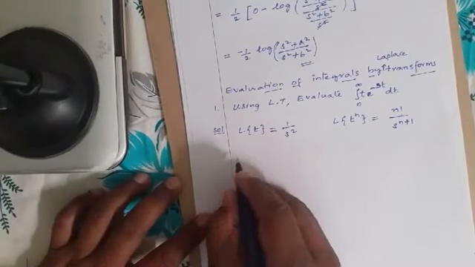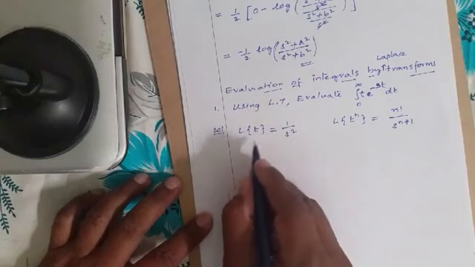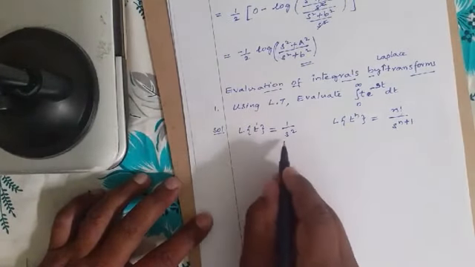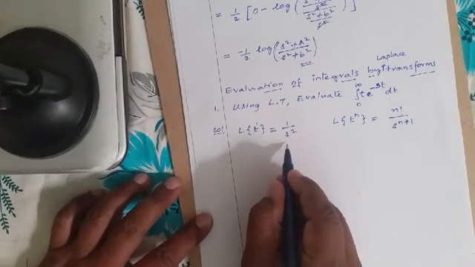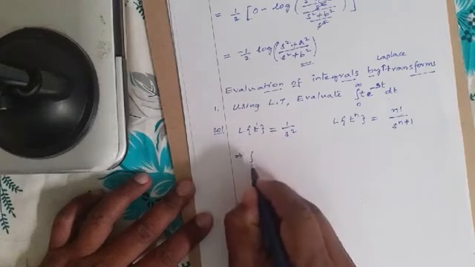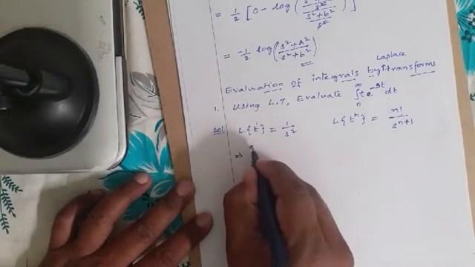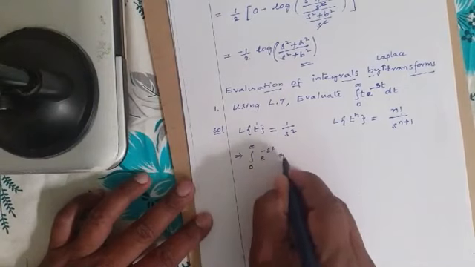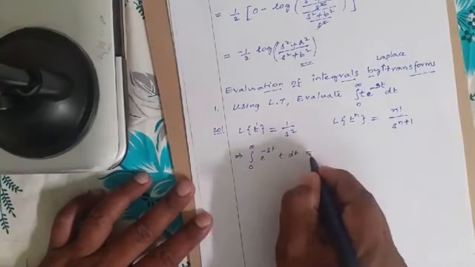From this formula we have got Laplace of t power 1 is nothing but 1 by s square. So after finding that, we write this implies integral 0 to infinity e power minus st into t dt is equal to